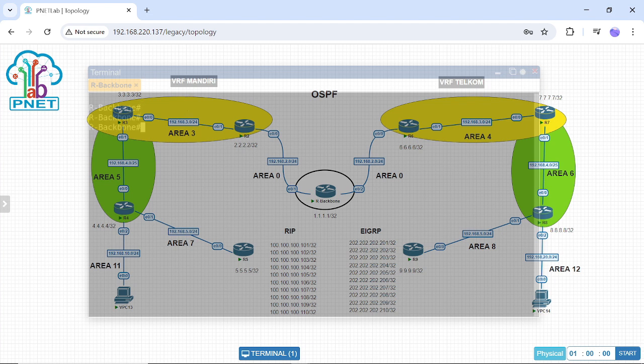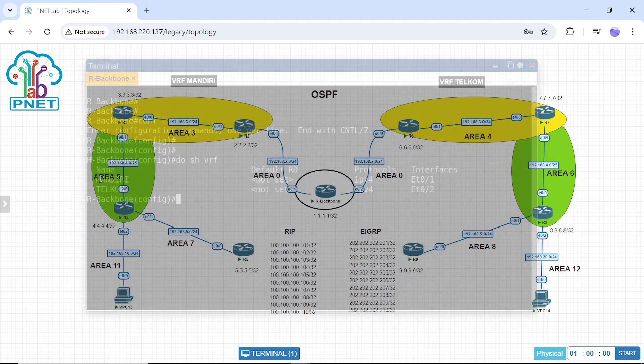I will enter global configuration first and then do show VRF. I made two VRFs for the left side and the right side, and then I enter the interface.